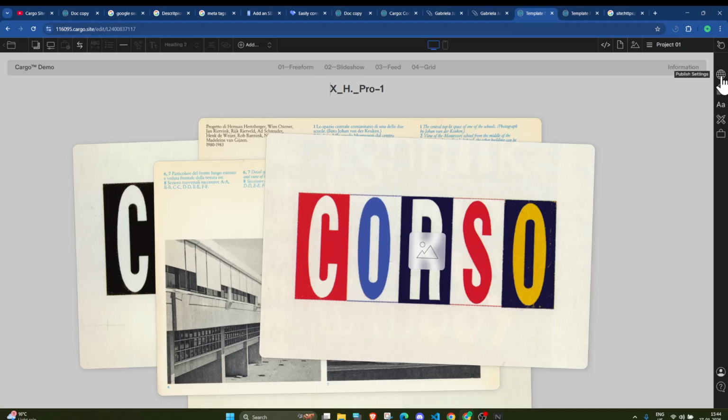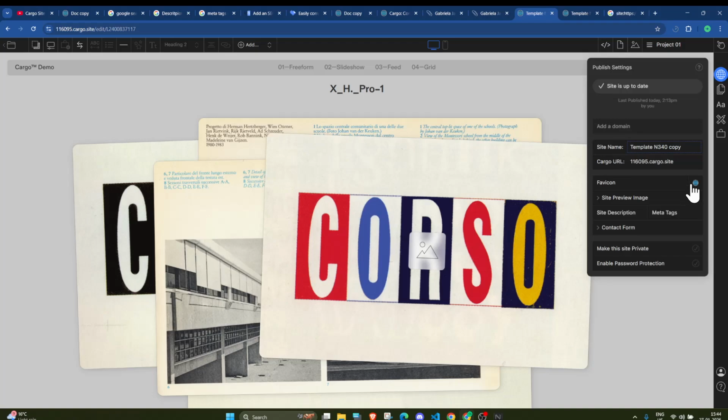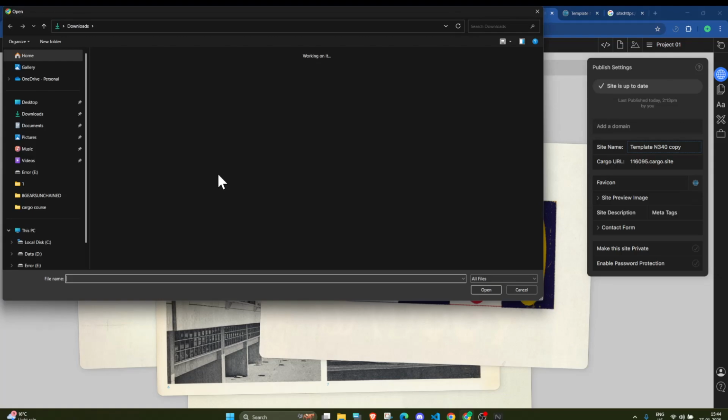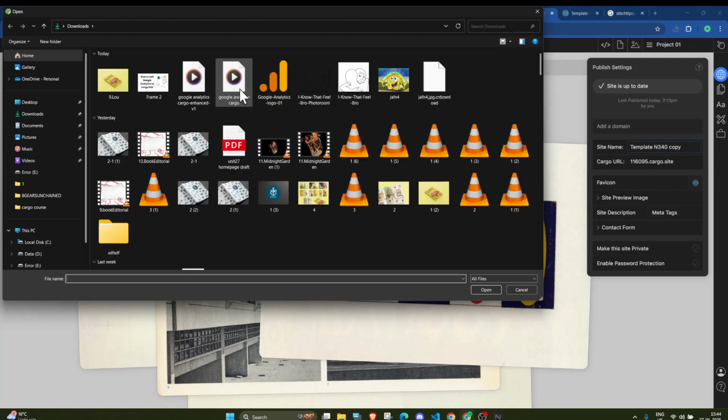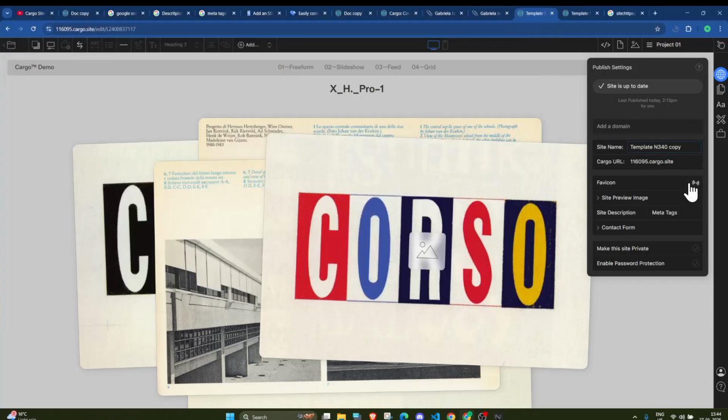Simply go to the publish setting, and here you need to choose the favicon. Let me choose this icon, and make sure that the size of this favicon is 16 by 16. You can simply resize and upload this icon, and here you can see our favicon has been updated. So it is a good SEO practice to have a custom favicon.